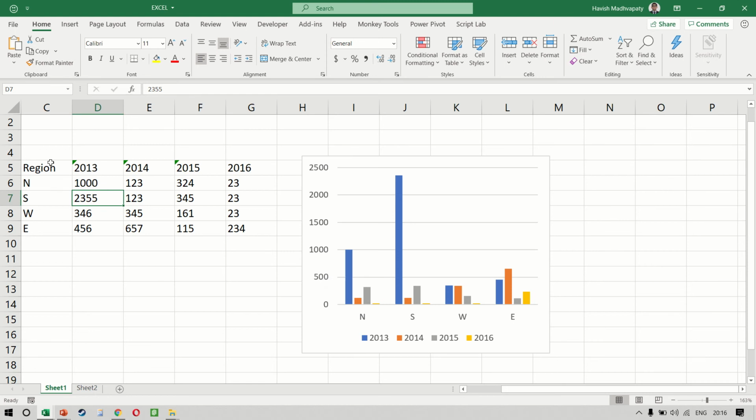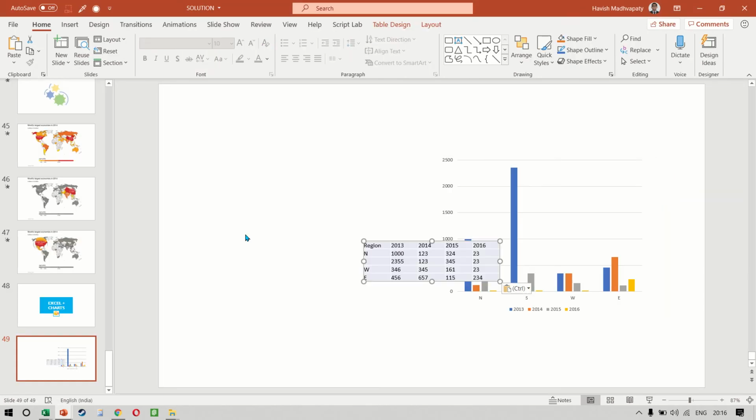But how do you connect a table? Now, a lot of us are habitual to just simply copying and pasting it in PowerPoint. But if you do that, you're not enabling yourself to create a connection. So the process is a little different. When you want to create a connection between an Excel file and a PowerPoint, you first have to create an empty Excel table inside PowerPoint.